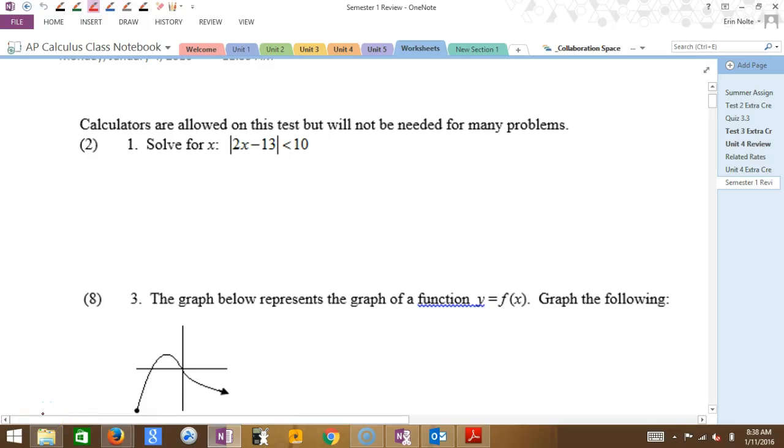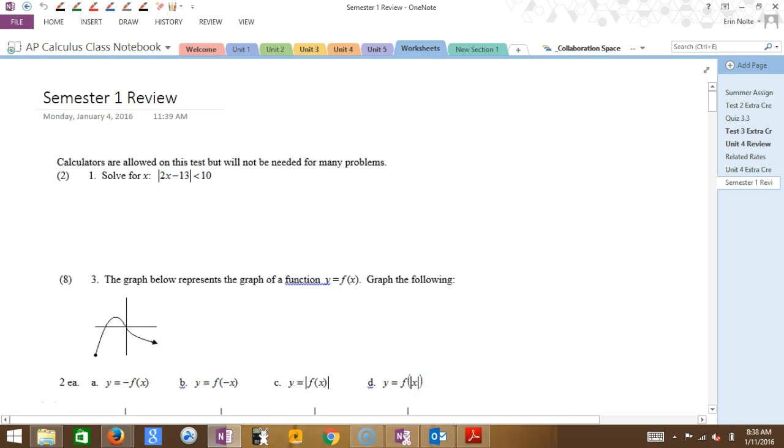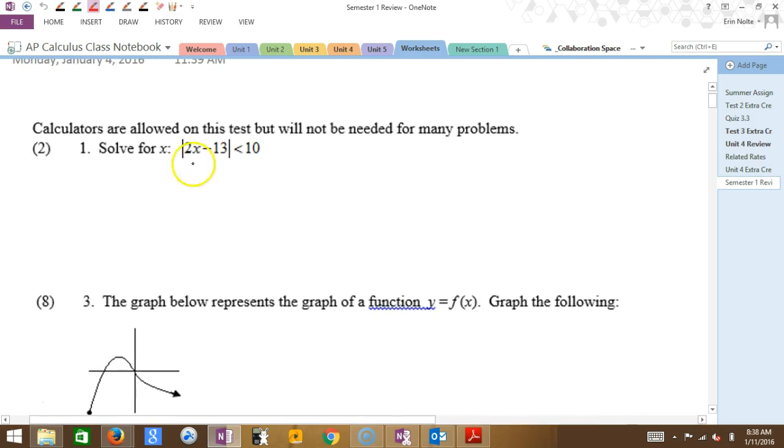Okay, so to do this one, wow, that doesn't seem very zoomed in. Can you guys,